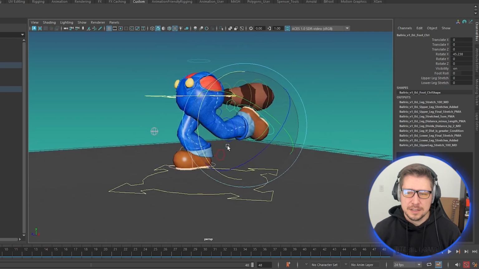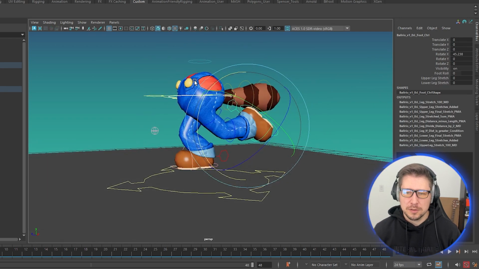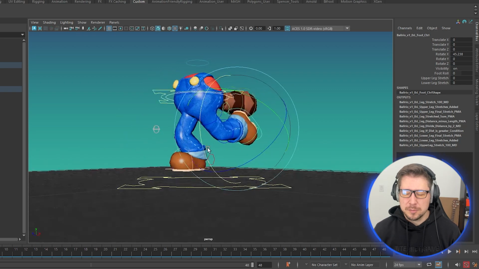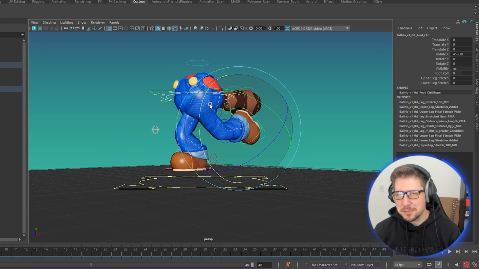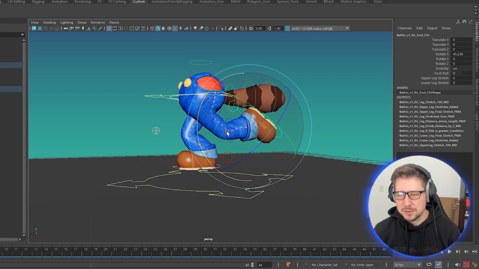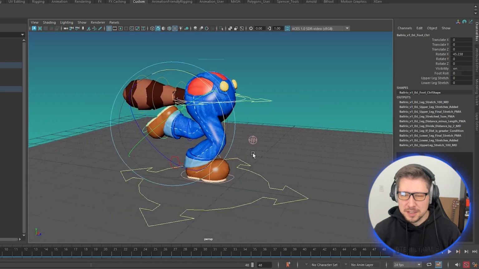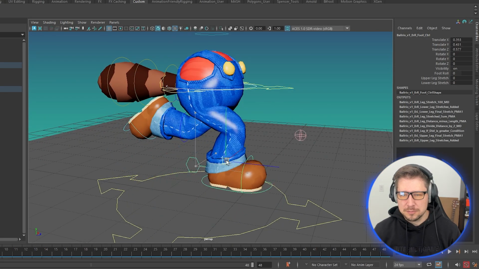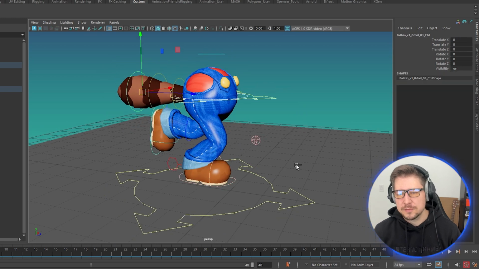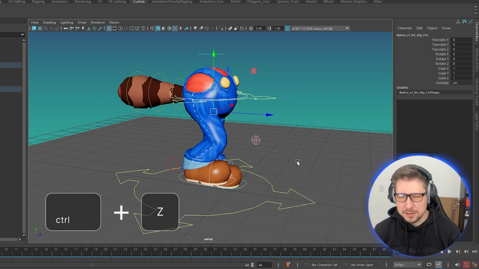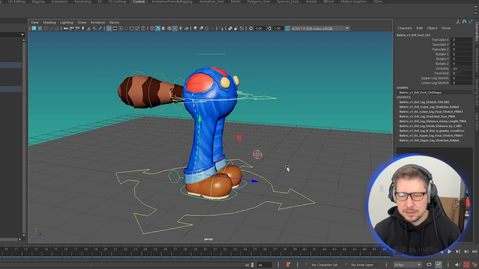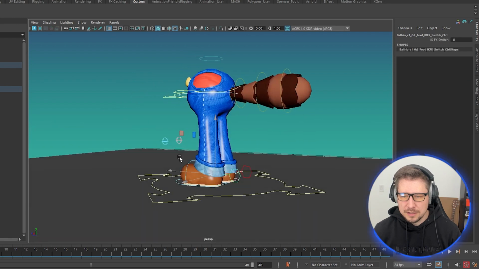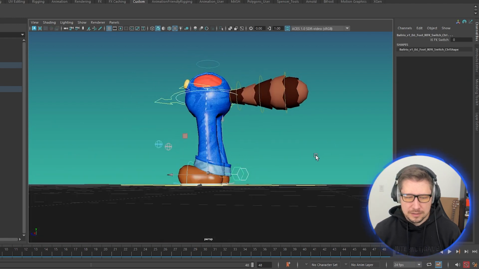So that's the difference. In forward kinematics, you have to work starting at the base and move out. The base of the joint. So in this case, the base of the joint is the hip. And then the base of the next joint is the knee. The inverse kinematics is backwards, where you can grab the end of the leg and move the whole leg, right? So I'm hitting Control Z to put that back. And okay, now that we're back in IK,